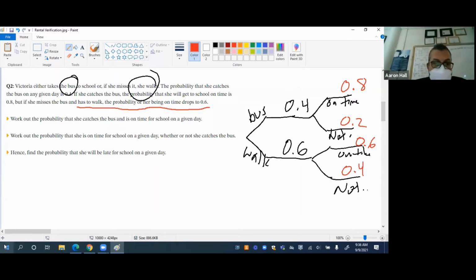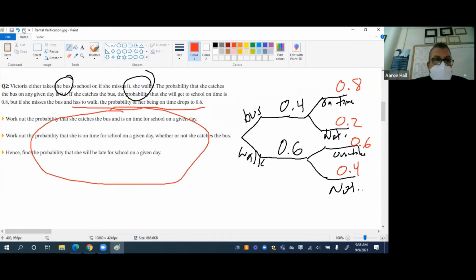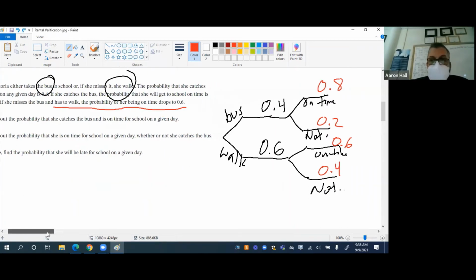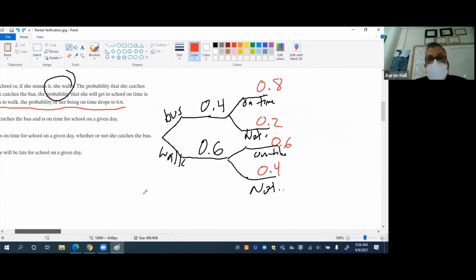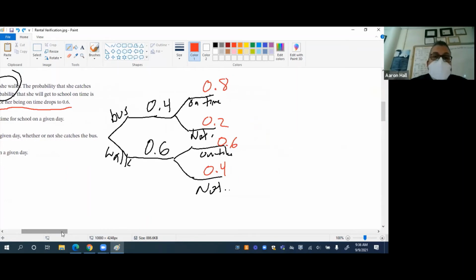So this is what I want to do. I don't care about the question yet. I really want to talk about what is called a probability distribution. The probability distribution of this problem, if I take the bus and I'm on time,